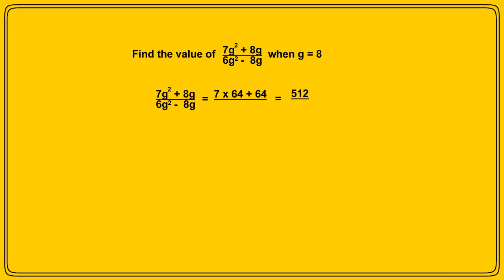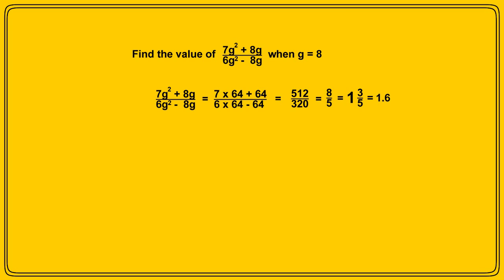The denominator, 6g² − 8g, comes to 6 × 64 − 64, which is 320. The fraction is now 512 over 320, and this cancels to 8 over 5, which is 1 3/5,